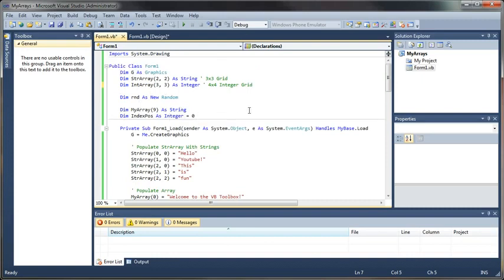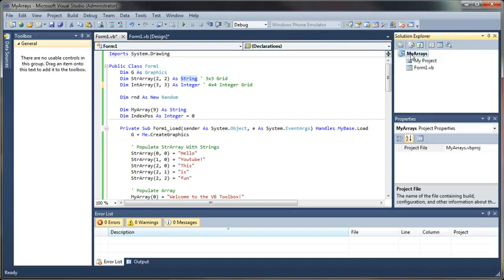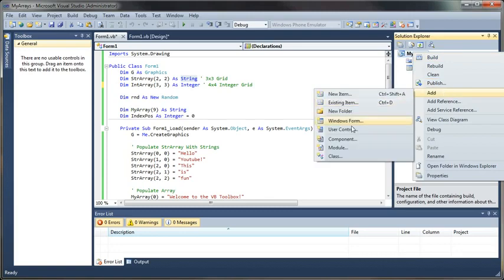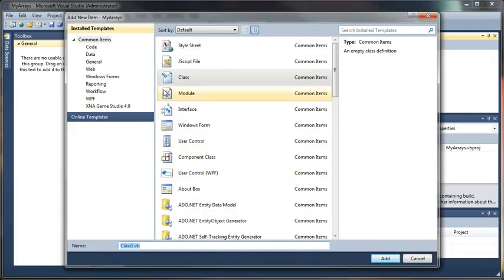Let's see, what else can we do with this? If you wanted, you could make an array of objects. It doesn't just have to be standard data types. You could actually create an array of classes. So if we went over to our Solution Explorer and added a new class, I could say add class, select class, and call it animal,